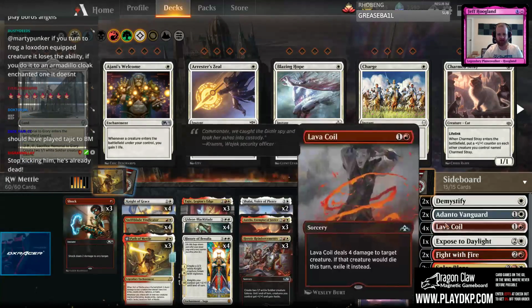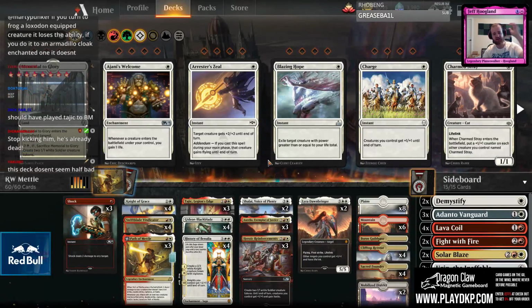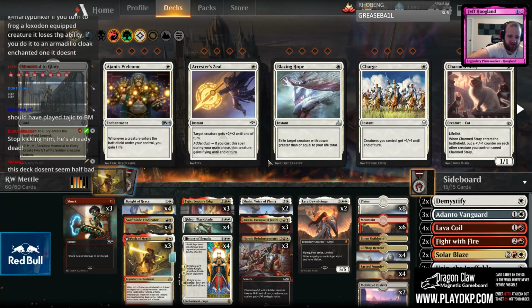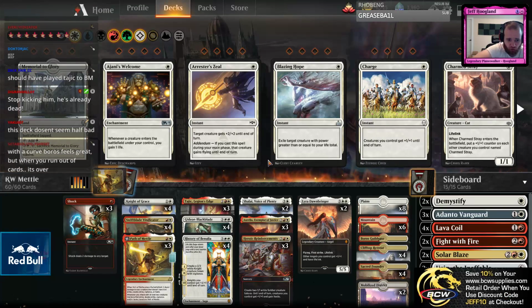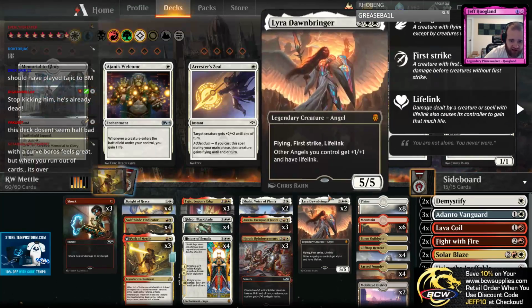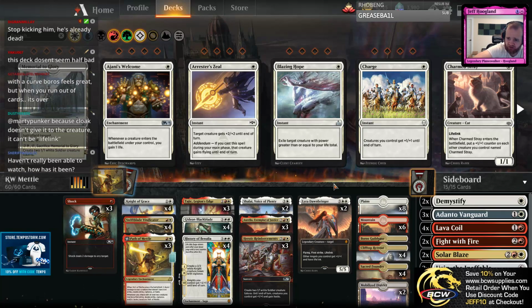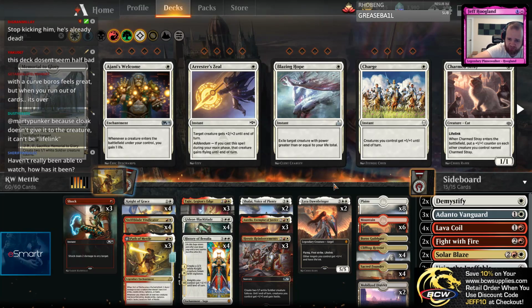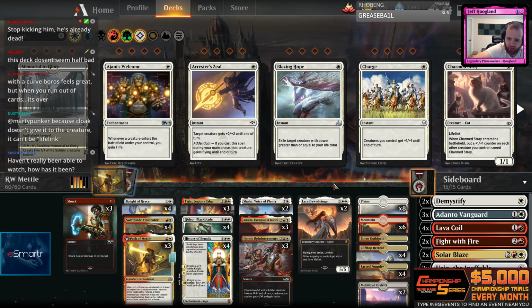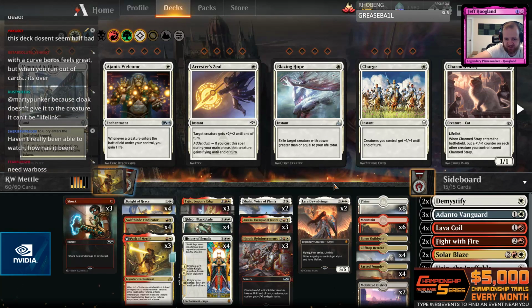I feel like I didn't have enough good tools for the control matchup. So let's think about my sideboard plan for a moment against Esper Control. Against Esper Control, I ideally want to cut 3 Shocks, 2 Shalais, and 2 Lyra Dawnbringers, which is 7 cards. And currently, looking at my sideboard, I have 3 Adanto, 2 Ugin to bring in. So I think I need to cut 2 more cards from my sideboard for cards that I can bring in against